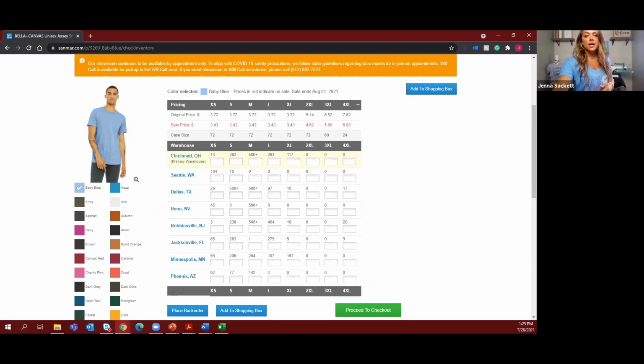All right, so hopefully that answers those questions that came in. I know it's a little vague on the inventory thing, but it's something that we're all really trying to work through outside of apparel manufacturers as well. Okay, so